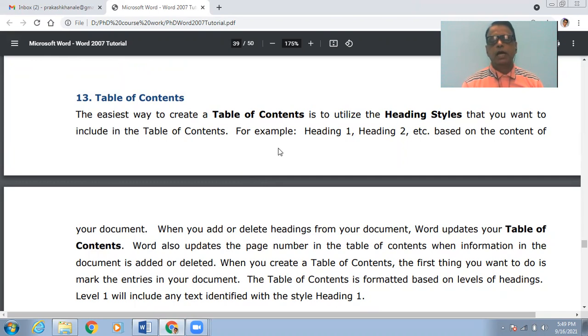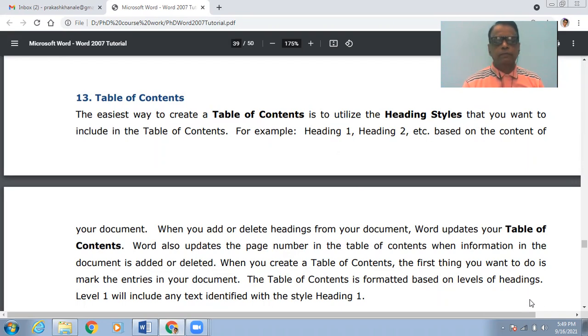For example, we can have heading styles such as heading 1, heading 2, heading 3. Heading 1 will be the outermost layer, and heading 2 will come under heading 1. Heading 3 will come under heading 2. In this way, depending upon the size of the heading, we can create a table of content in the Word document.